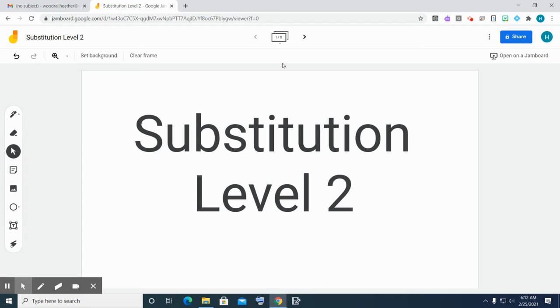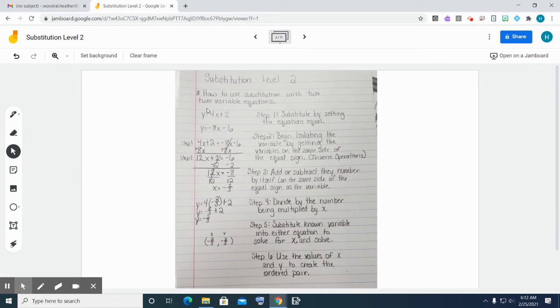So today we're going to move on to level 2. And this one has a few more steps added to it. And so what I've done is here is another how-to, except I've got this one written out for you with the example beside it. And I did kind of a bad job of labeling the steps here, but I can fix that for you on here. All right, so